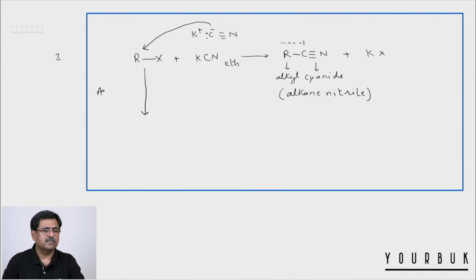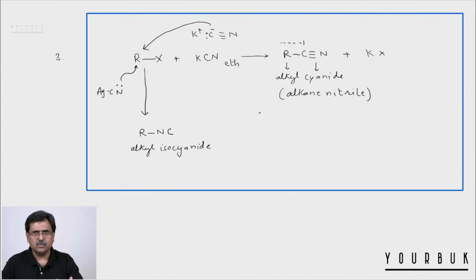Now this alkyl halide, when treated with silver cyanide, what happens in silver cyanide? The silver-carbon bond is covalent. As a result, there is no negative charge on carbon, so carbon is not a nucleophilic center. But due to the presence of a lone pair of electrons, nitrogen is electron rich, nitrogen is a nucleophilic center, and this nitrogen attacks the alkyl group of the alkyl halide and gives isocyanide. This group is called isocyanide, so its name is alkyl isocyanide.